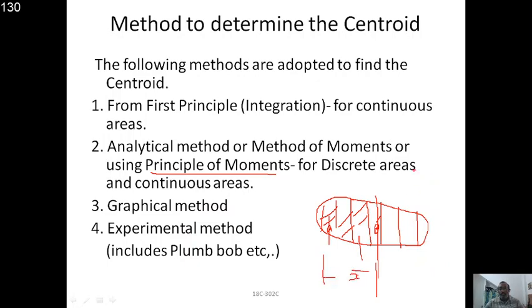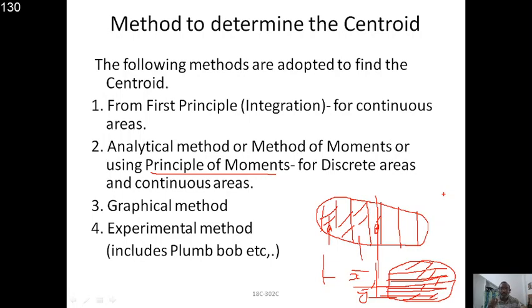In order to get the y bar, this strip will also be divided into vertical lines like this. This is area 1, area 2, area 3, area 4, like that. Then take the moments of each and every area, and you will get the y bar here, right? So this is the resultant you are going to calculate, as in a parallel force system, and we are following the same system for the principle of moments, right?